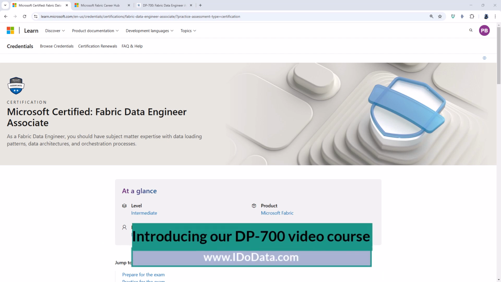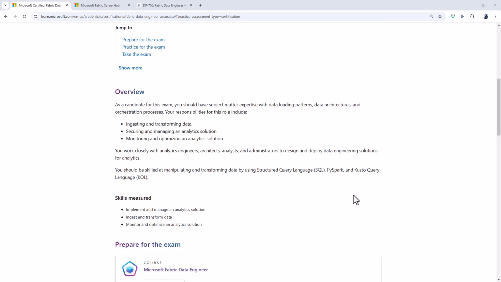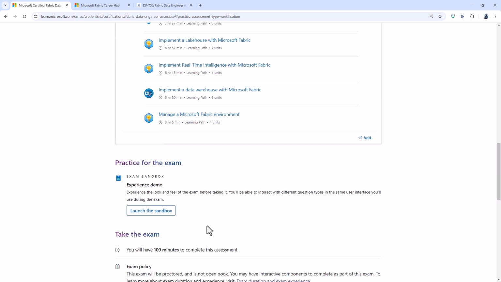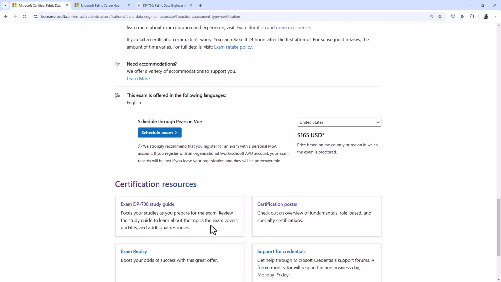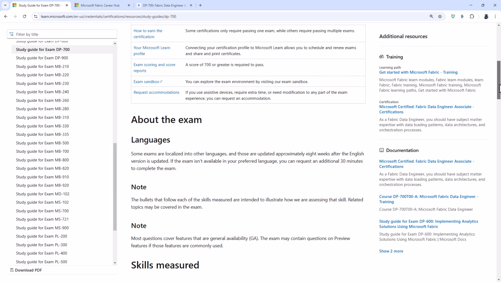Microsoft's DP-700 Fabric Data Engineer Associate exam is for you if you want to show your skills in Microsoft Fabric. Specifically, you will be implementing and managing an analytics solution, ingesting and transforming data, and monitoring and optimizing an analytics solution. So if I scroll down and then click on the DP-700 study guide, we can see in more detail